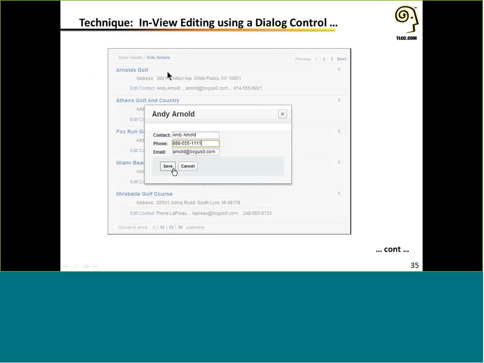So now I want to show you how you can take this to another level, really start to extend the functionality of the detail section. In this example, we're going to show how you can use a dialog box to actually allow a user to edit some content directly there from the data view. So this is a much more efficient experience for the user. If there's some data that gets updated frequently or needs to be updated quickly because somebody's taking a phone call, you can provide this kind of functionality, and then the user doesn't have to click a link, open a document, put it in edit mode, change a field, save it, go back to the view, and find where they were. This is a lot more efficient if we can just pop this dialog box up and let them make changes right there in line.